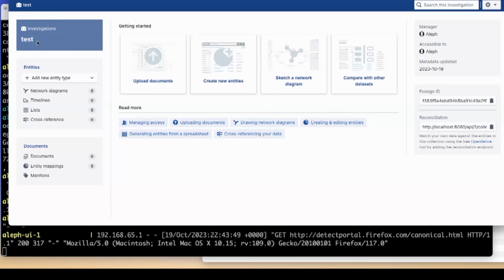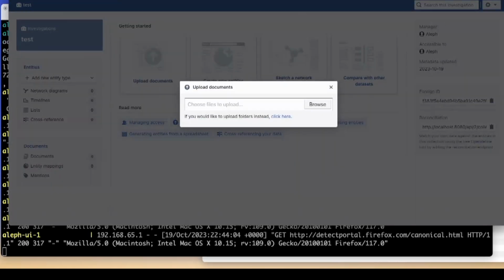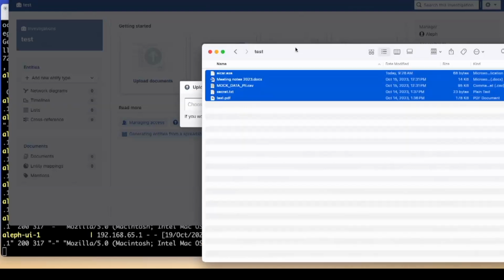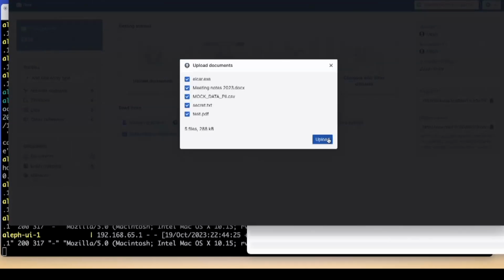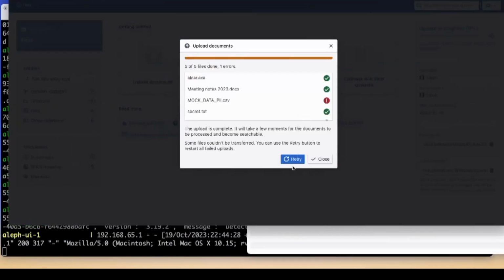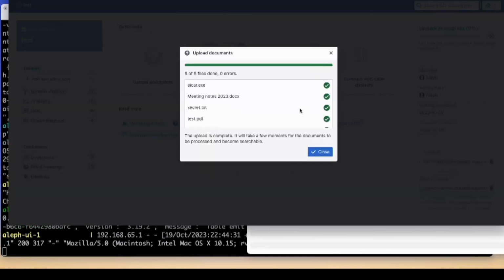An investigation is like a container of your data, like a category for whatever you're working on. It could be an investigation, or it could be like a company or a database or whatever. So to add documents the easiest possible way, you can just drag and drop. So here's my little data that I found. All these files are intentionally put here by me, but I put some documents, some CSVs, some text files, some PDFs. So I'm just going to be lazy and drag and drop. Sometimes it does this where it says upload failed. I'm just going to restart. Obviously that always works.